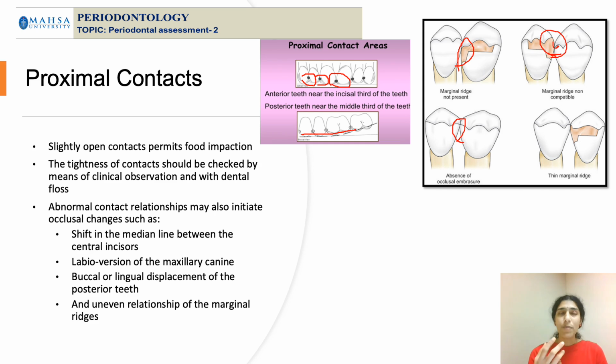So what could it be? That means it is not a periodontal disease per se. It could be some local factor causing it. In such situations, you may inquire of the patient, is there any food impaction happening in any particular area? The patient may point to you, yes, food always gets stuck here. You can ask the patient about food impaction.